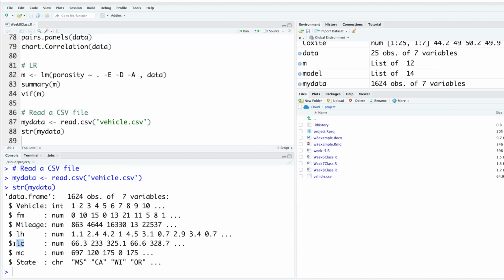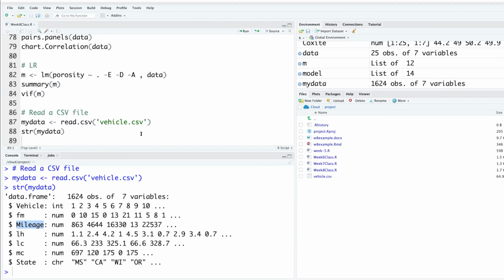LC is labor cost, and MC is material cost. So somebody replaced a material, like let's say the engine was not functioning well and the entire engine was replaced with a new one, or maybe a small thing. So LH, LC, and MC. Mileage is what was the mileage of the car at the time of failure, and so on.